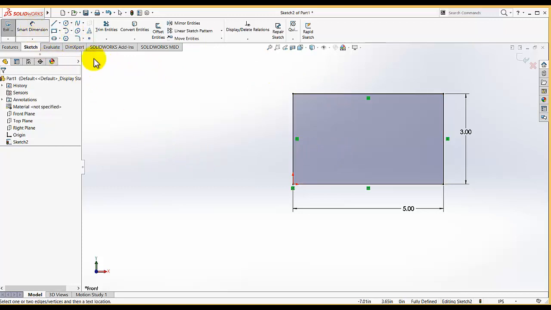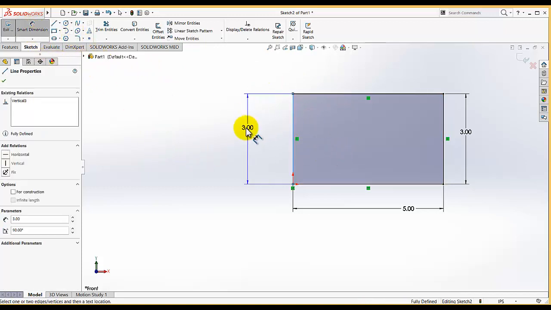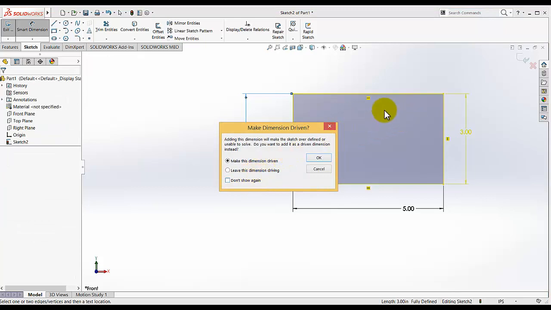So let's suppose I want to add the dimension of this line. I added it. The color of the sketch turned yellow, and it's asking whether you want to make this dimension driven or leave this dimension driving. If I leave this dimension driving, that means I want to add it as a constraint. But if I make this dimension driven,